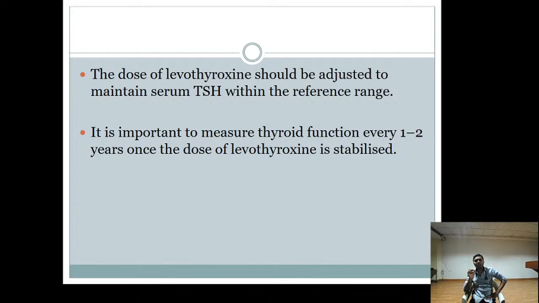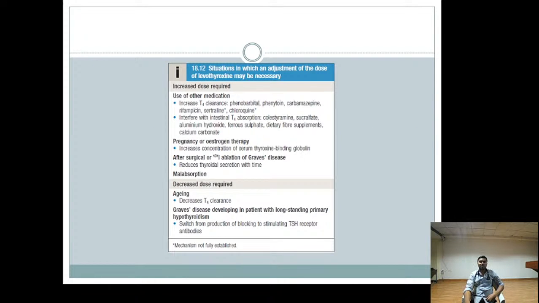The dose of levothyroxine should be adjusted to maintain the TSH within the reference range. Once it is stabilized, thyroid function tests are repeated every 1 to 2 years. The situations in which adjustment of the dose of levothyroxine